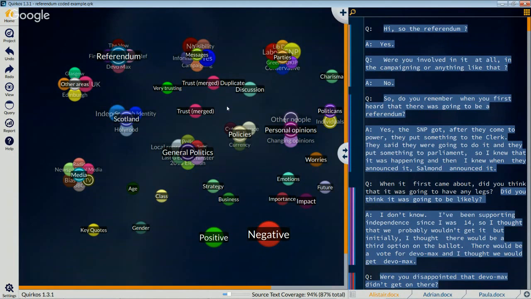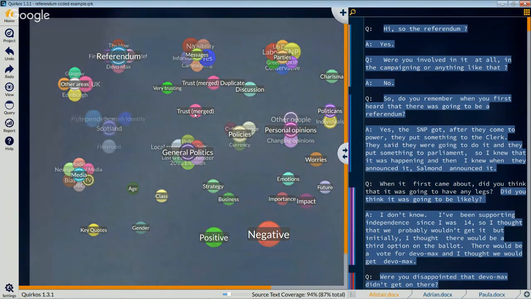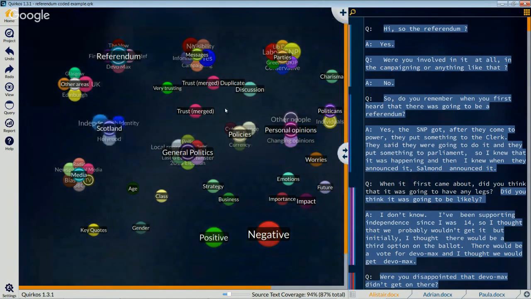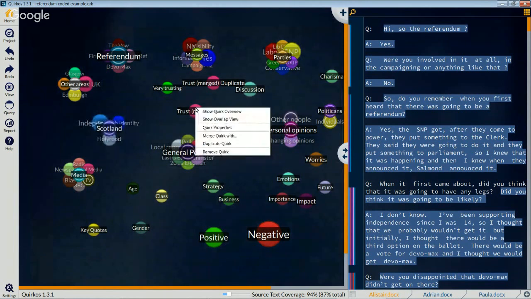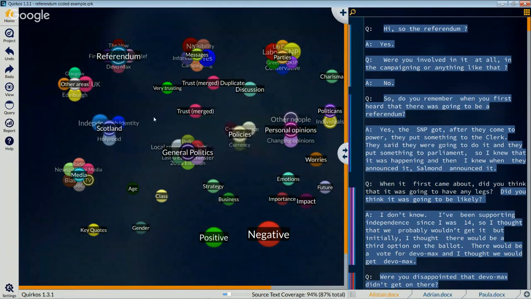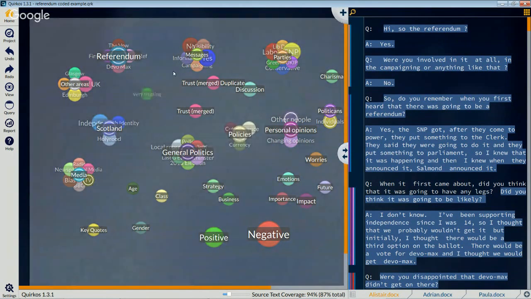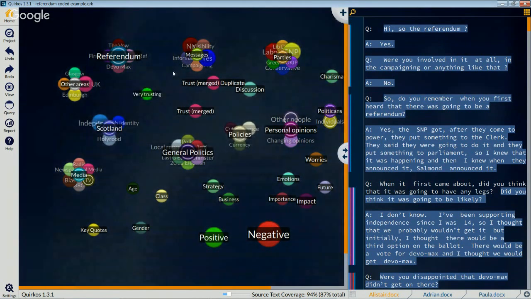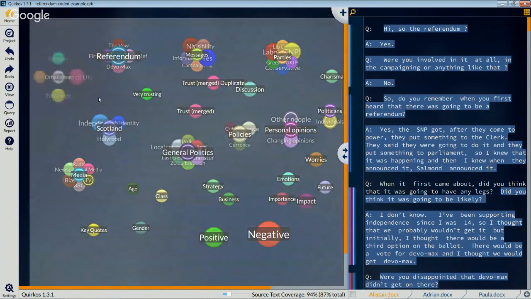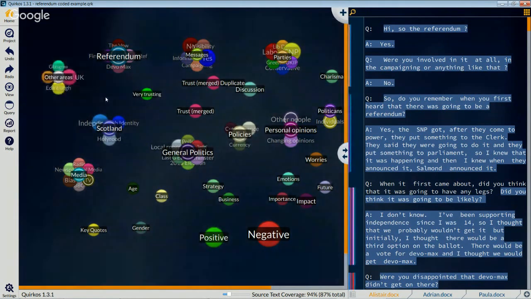Okay, so that's pretty much all I wanted to do for working with the codes, except for one last thing I'm going to show you, which is the levels function. Now, I've not really gone over this very much in the previous video, and I'm just going to go over it very quickly. But now, let's talk about a particular use case where we have this theme here for Scotland,